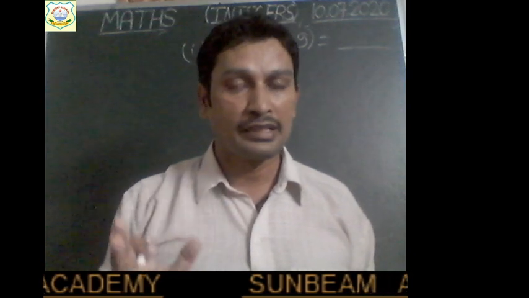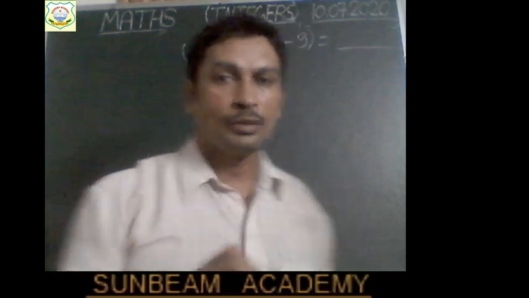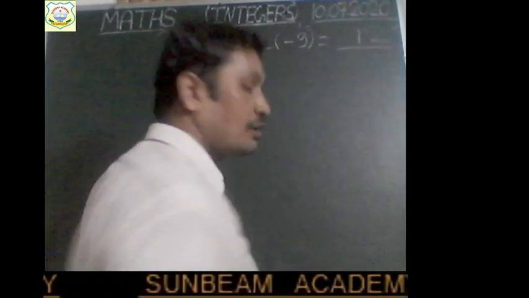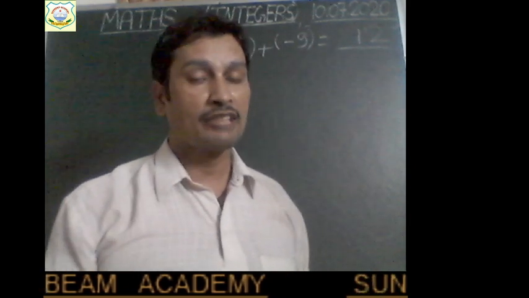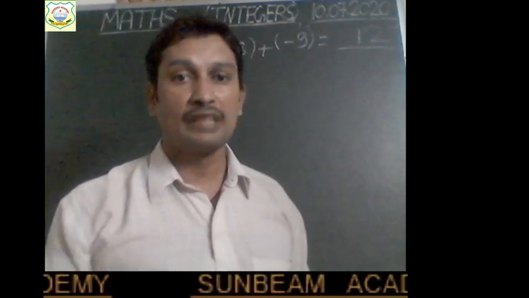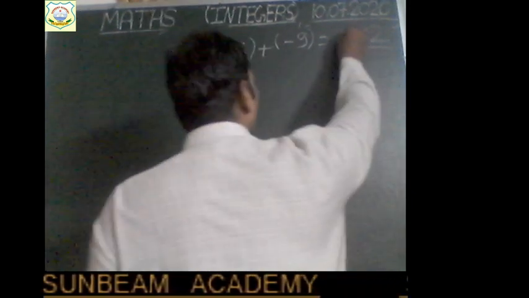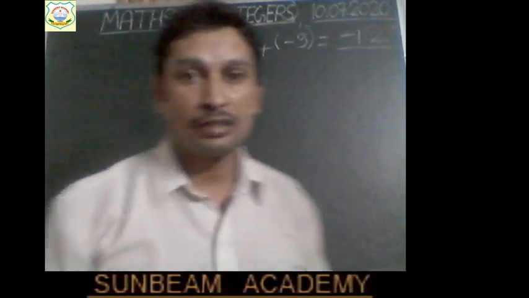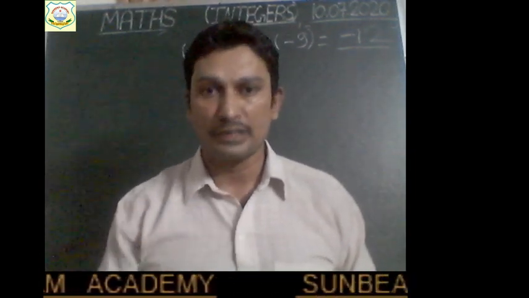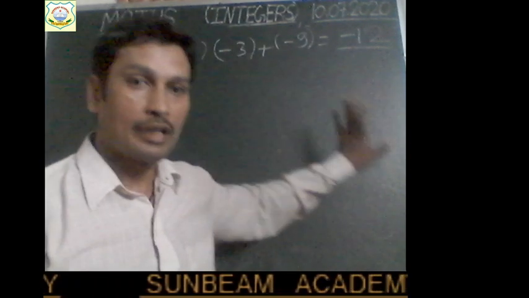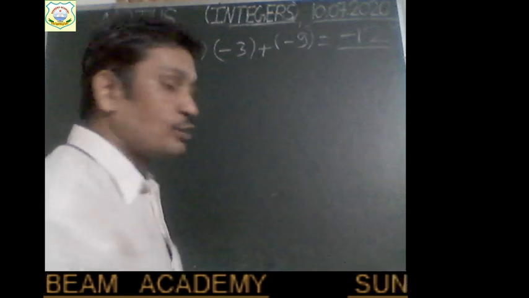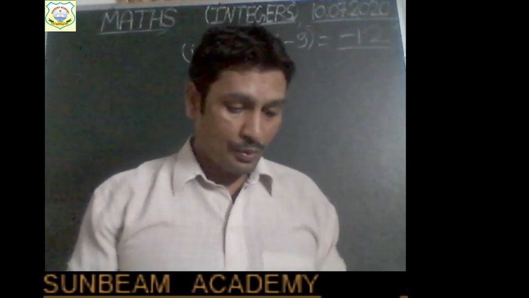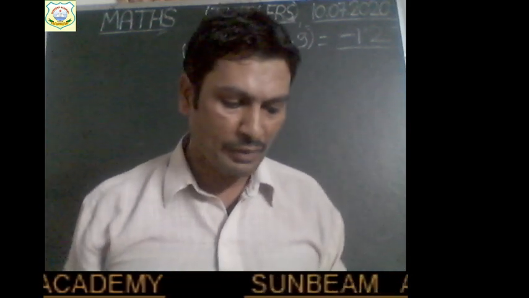In case of same sign, we add. I am continuously repeating, children. It must have been learned by you. So minus 3 plus minus 9, they will be added. 3 and 9 will become 12, and we are adding negative integers, so the result will be negative, because loss and loss makes loss only. So the sign will be negative. You have a loss of 3 rupees, afterwards a loss of 9 rupees, so the total loss will become 12 rupees. And for loss, we use the minus sign. Am I right? So this is the way to understand profit and loss. In any way you can understand, children. Now, the fifth part. Let us see the fifth part of the question.